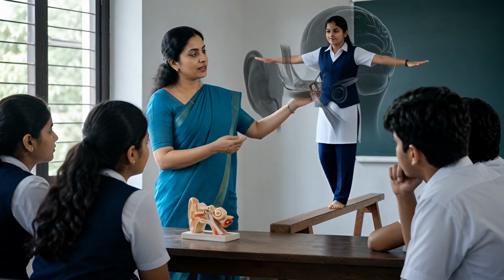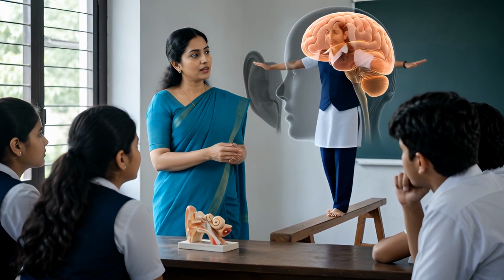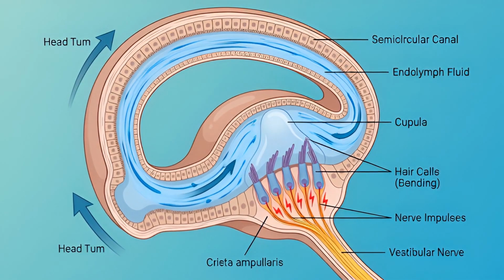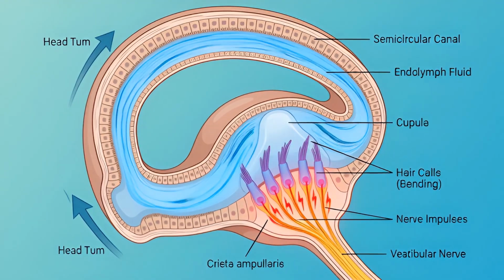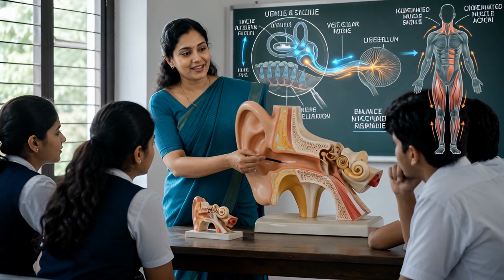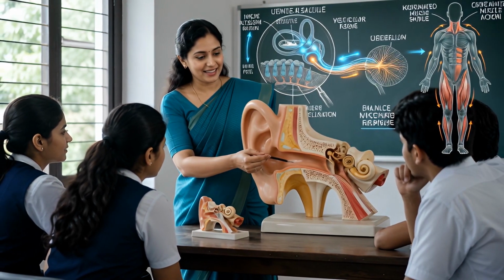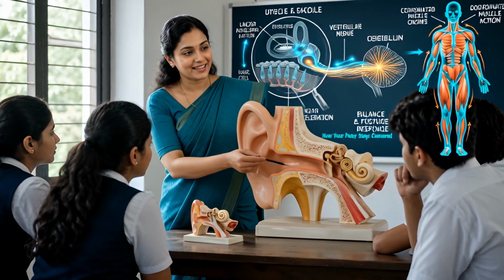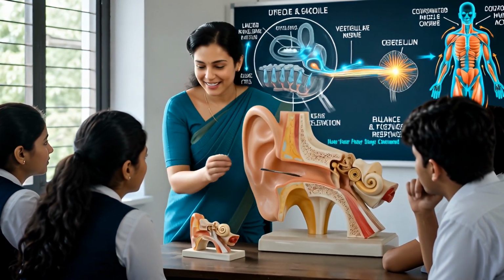The 7th question. How does the body maintain its balance? When the head turns, the lymph fluid inside the canals begins to move. The hair cells become stimulated and form nerve impulses too. Utricle and saccule detect position changes and send the messages along through the vestibular nerve to the cerebellum, which coordinates the muscles strong.